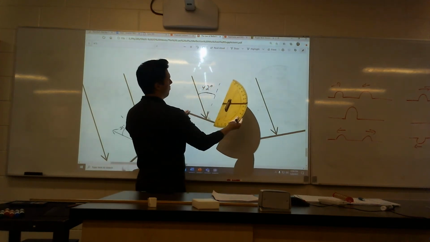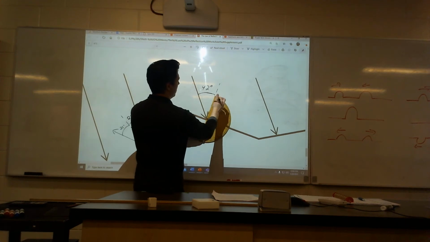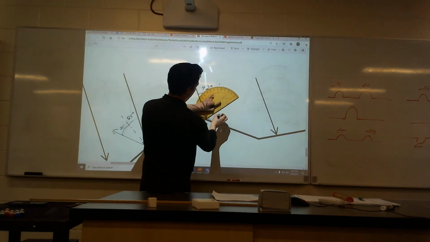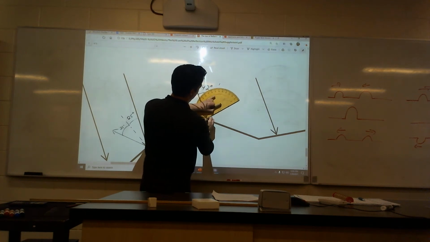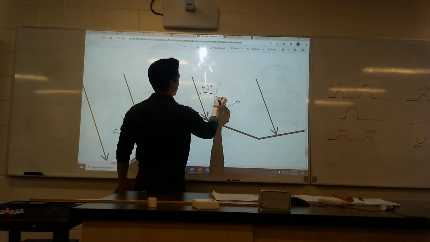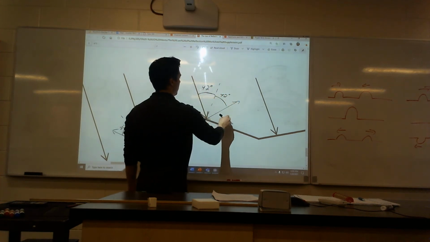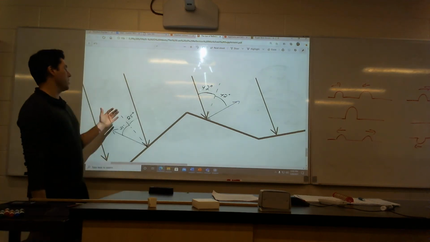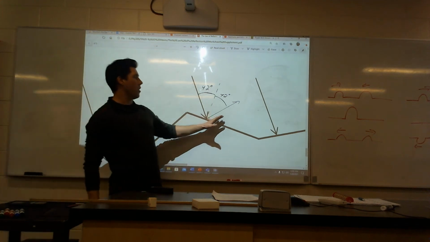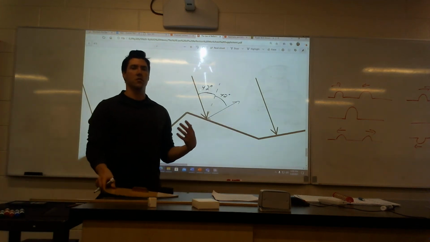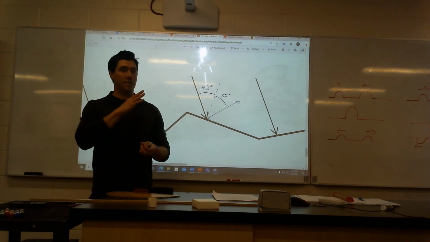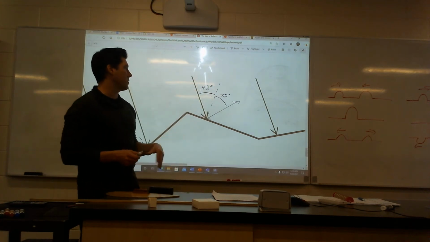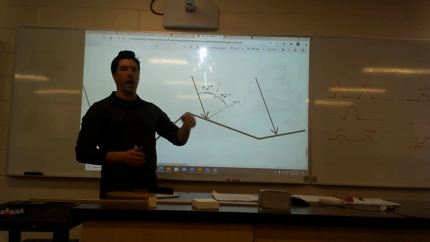42 degrees. Flip over my protractor. 42 degrees, and there's my dot. There we go. So again, there's 42 degrees as well, and so there's my reflected ray. Okay, so again, they come in at the same angle, but because of the barrier that it's hitting, this one comes out this way, this one comes off another way, but that's just how reflection works. It's going to bounce off at exactly the same angle, but it has to be measured from exactly that normal line,